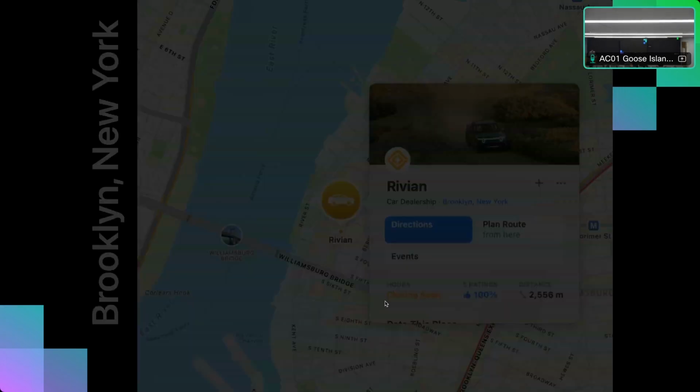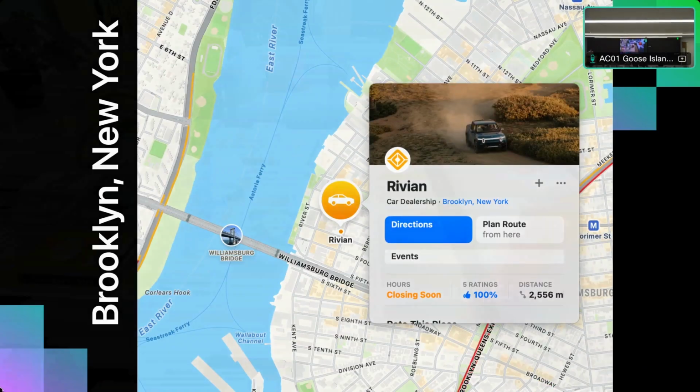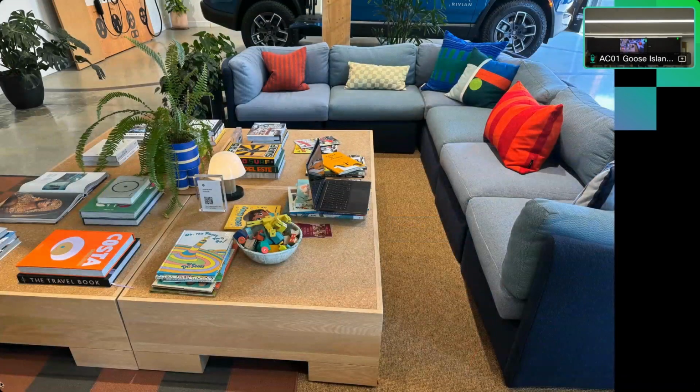Another thing I'd like to talk about is last May, Memorial Day weekend, I was in New York with my son and my family, and my son and I got to test drive a Rivian. A Rivian is an electric vehicle. We were sitting in the store, on the sofa, looking at the books, right?